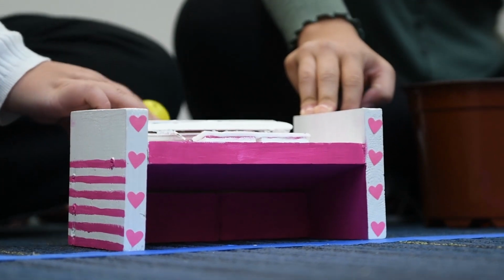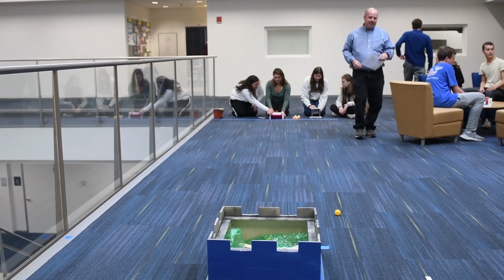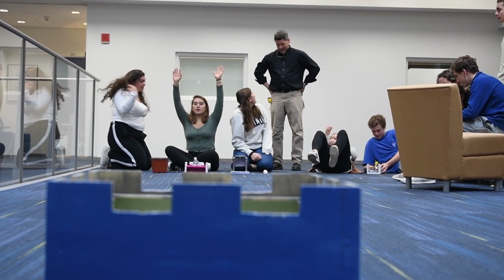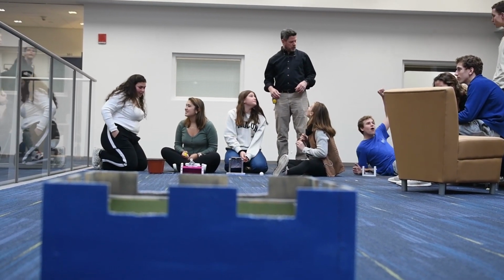Some, instead of a chopstick, used a spoon to test which would be the easiest and most concise way to get 10 balls into a castle that Mr. Nelson made. We got 3 in and 1 bounced off, so that means